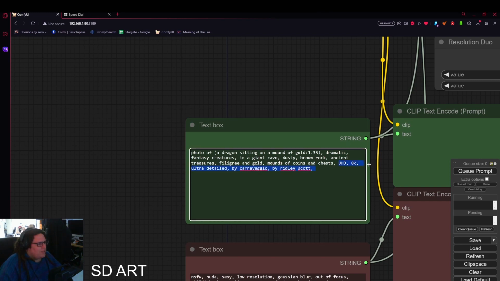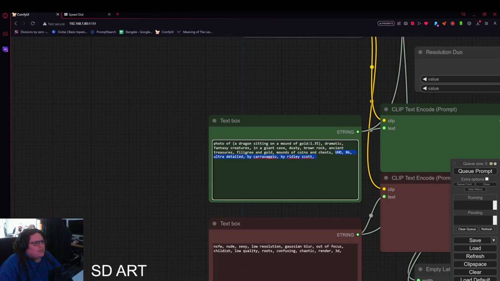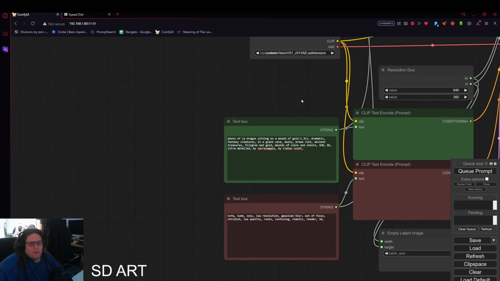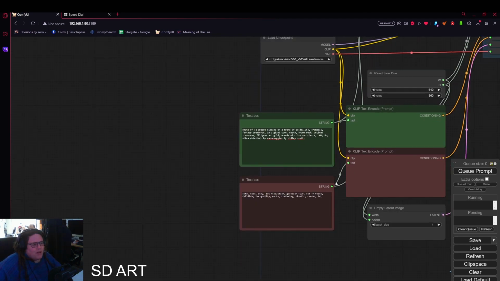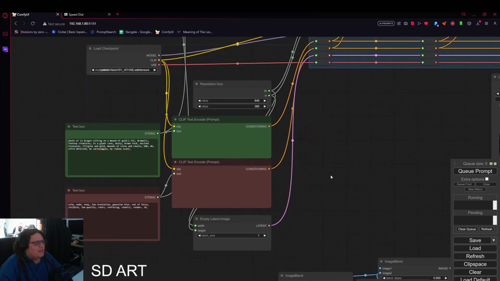I've got some quality stuff here, so it's UHD 8K ultra detailed by Caravaggio by Ridley Scott. And these things, you could swap them out and use whatever you want to. Obviously I've told it to make a photo, it's not making a photo. I don't have painting in negative or anything like that. I've got render in 3D because it tends to fix some issues with certain situations, but generally speaking it's a very basic negative prompt. So anyway,